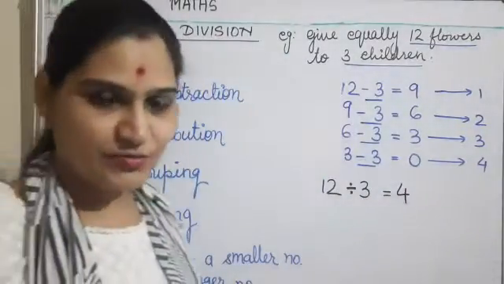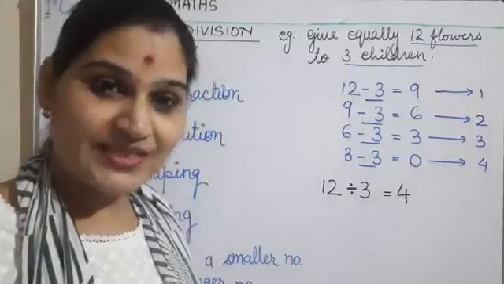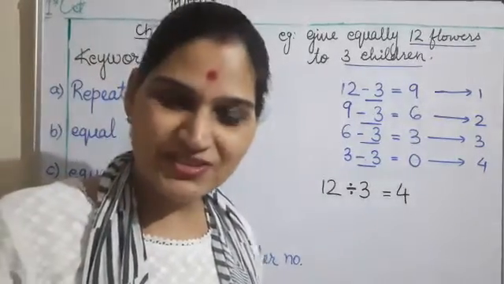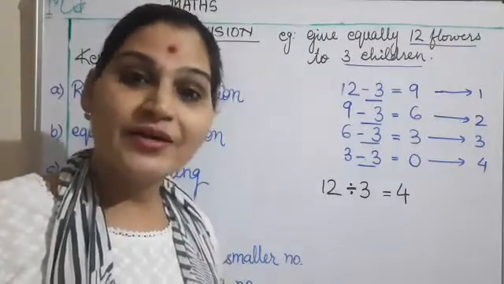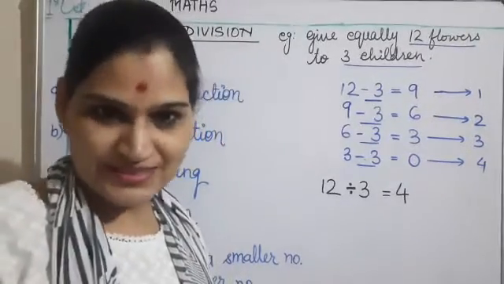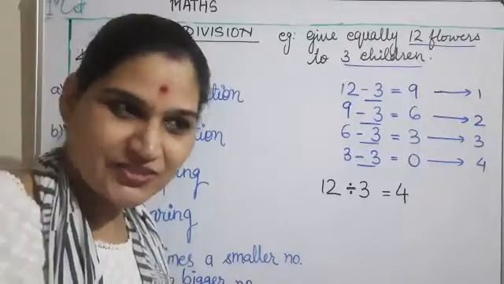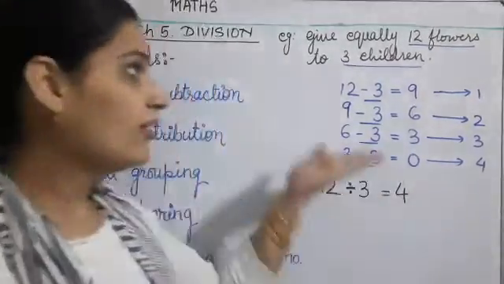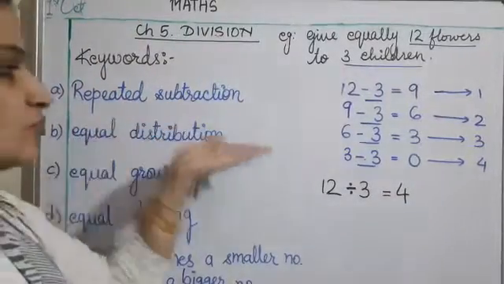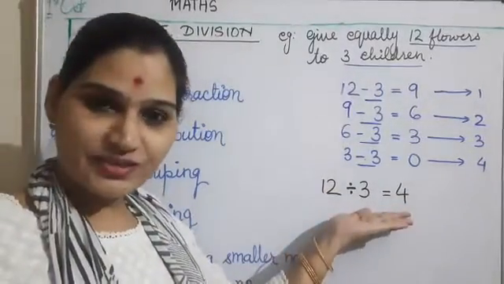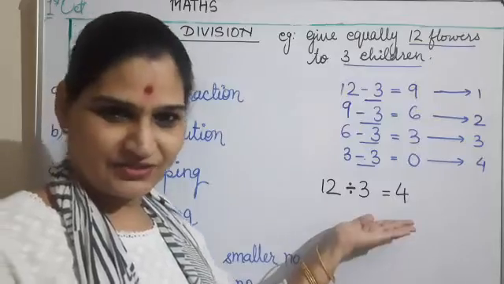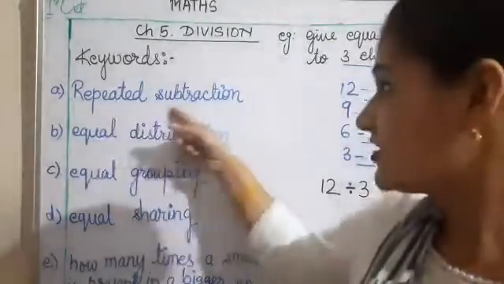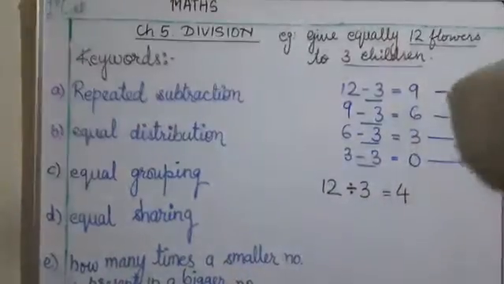So division is the name of the process of repeated subtraction of the same number. Just as we have seen that multiplication is the name given to the process of repeated addition of the same number. तो repeated addition हो तो उसका नेम है multiplication, जो उसका short way है करने का, और repeated subtraction हो तो उसका short way है करने का उसका division. So repeated subtraction is the first keyword of division.